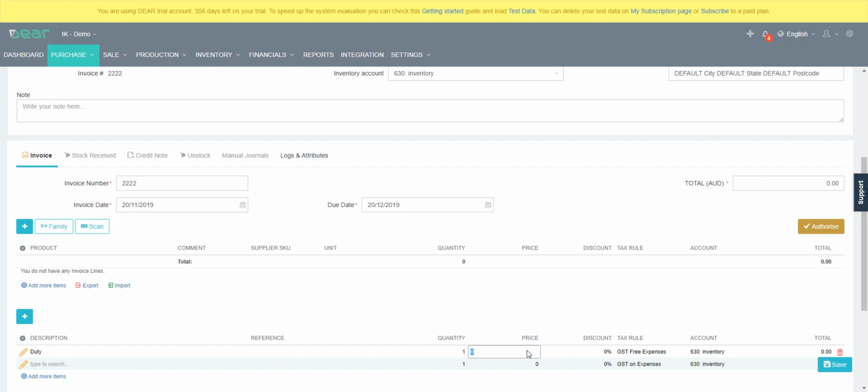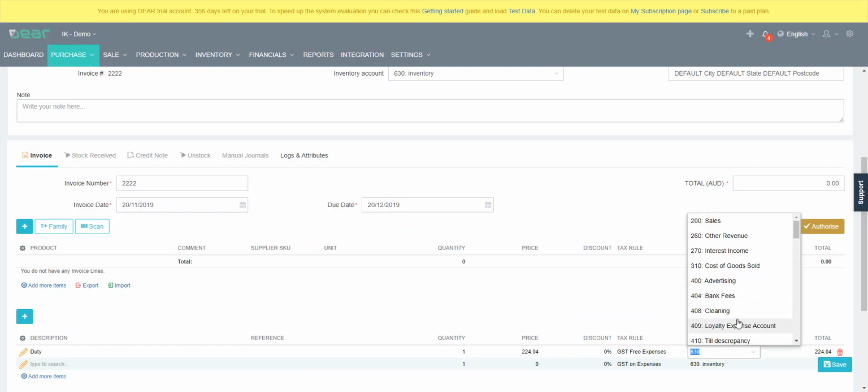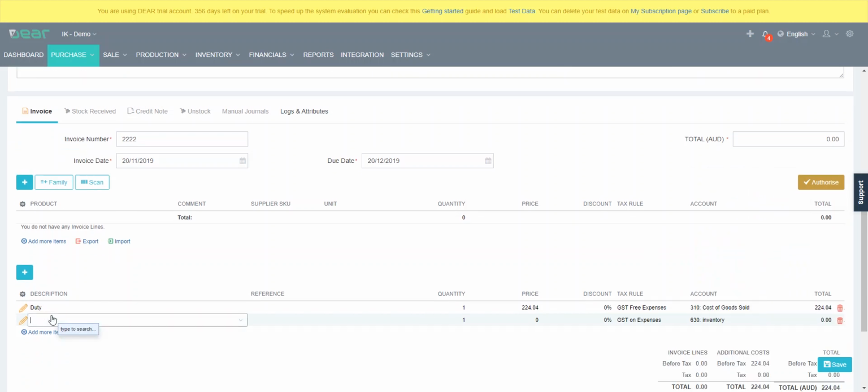The things you want to make sure you get correct is the GST and where you're going to allocate that cost to. In this particular case, I'm just going to put it into the cost of goods at the moment. Then I'm going to say, look, I've got GST on this. And we're going to gross up the GST so we get it right on the bottom of the document,